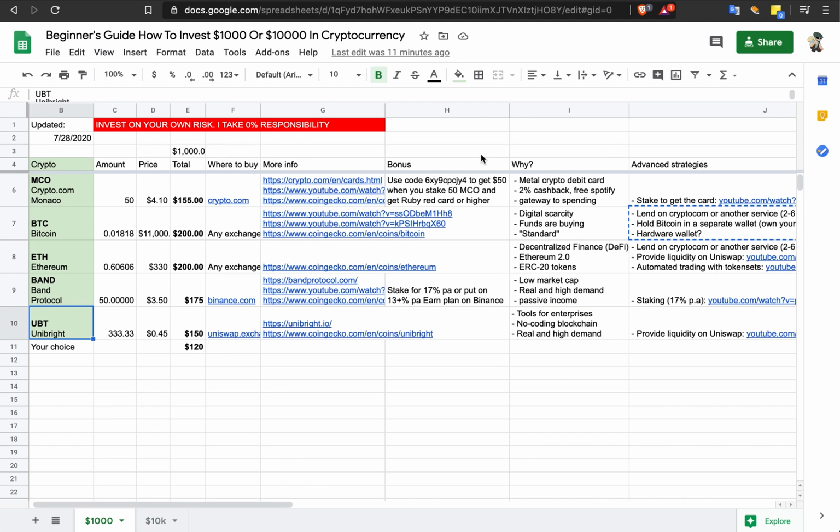And the last pick I would do if I had $1,000 is UBT, or Unibright. Again, you can learn more about this if you go to their CoinGecko page, but Unibright is basically a tool for enterprise, and you can build tools on the blockchain without coding. So they have an interface that companies can use to build different things on blockchain, and it's one of the key components of enterprise Ethereum, or, what was it,